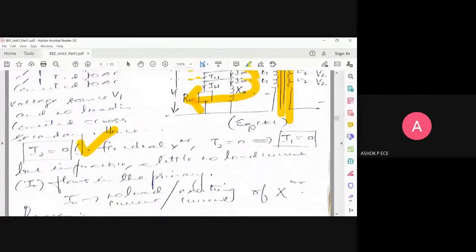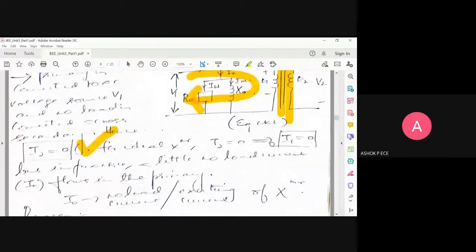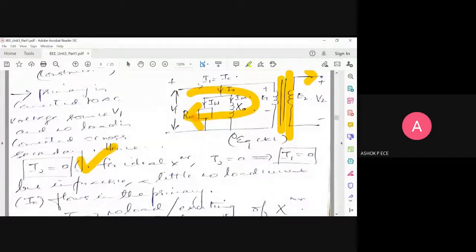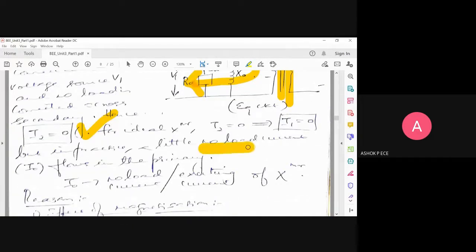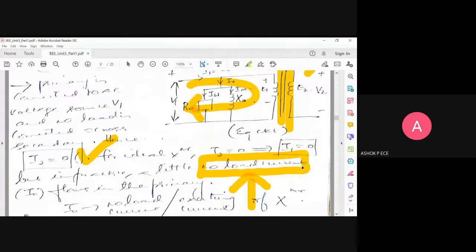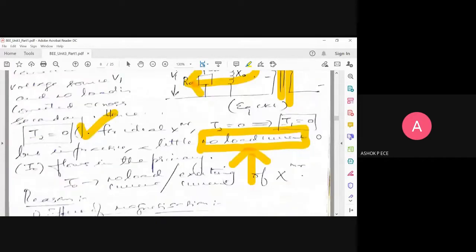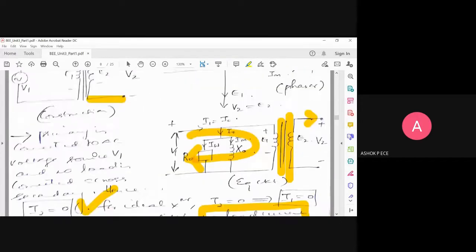Okay, so see here, ideally when I2 equals 0, by the turns ratio equation I1 should also be 0. But practically I1 is not 0 and a little current is flowing through your primary. That current is called by a name, no load current, because there is no load in the secondary. The current flowing in the primary when there is no load in the secondary is called the no load current. So understand the naming; the naming also has a reason behind it. It is called a no load current because it is flowing in the primary when I removed my load in the secondary. And this current is given the notation I naught. So under no load condition, I1 will be equal to I naught.